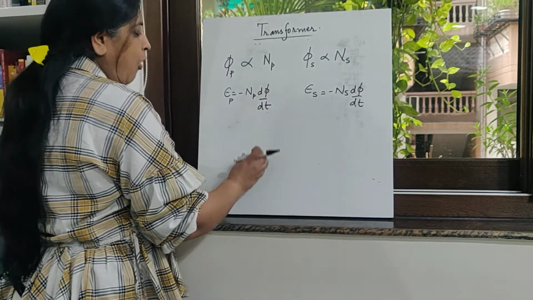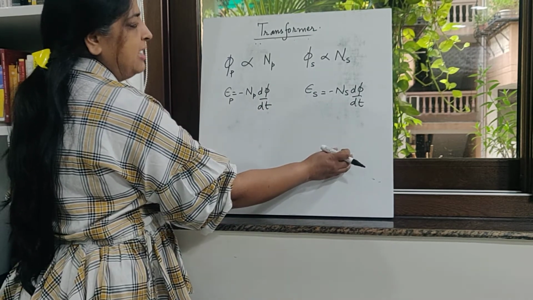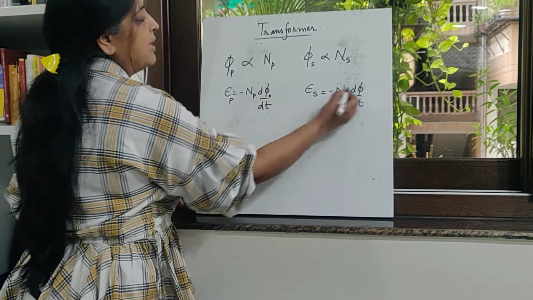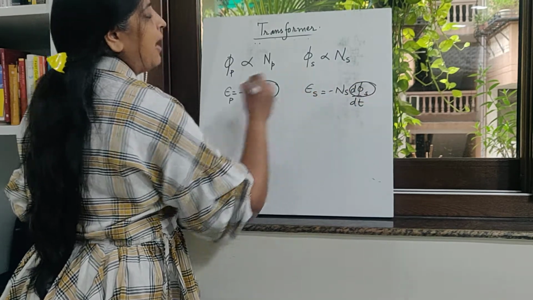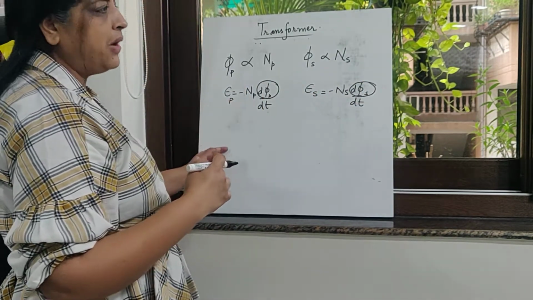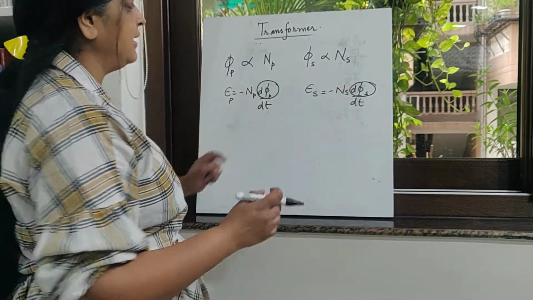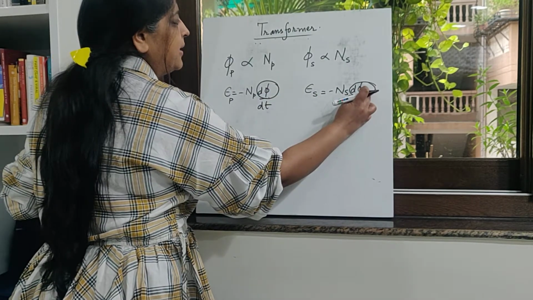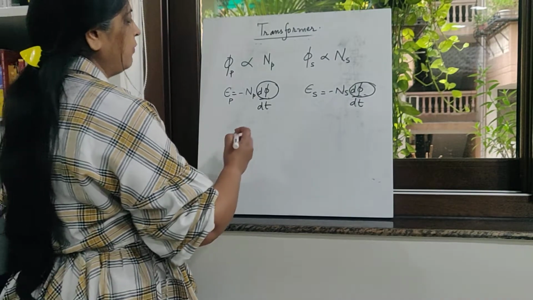Now because all the flux changes in the primary are linked with that in the secondary, we are not writing down primary and secondary here, because d phi p is equal to d phi s. All the flux changes in the primary are linked with the secondary through the iron core. So this is the same as this. Hence I am just removing the subscripts. I just wanted you to understand why I have not written the subscripts P and S over here.